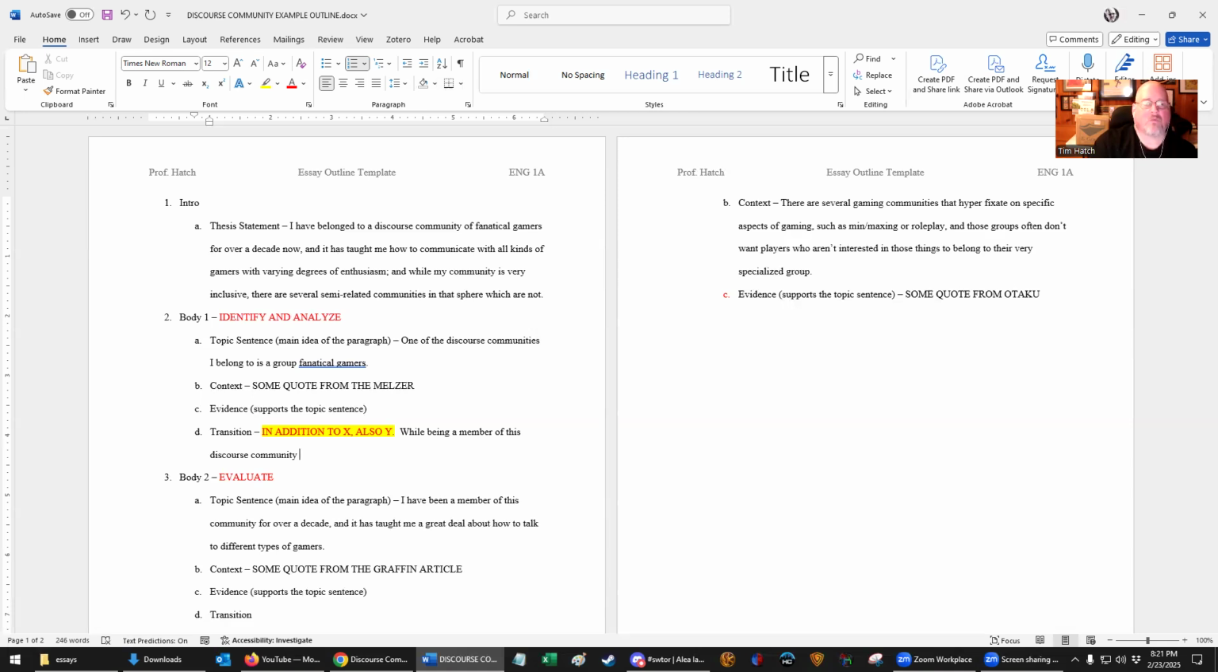If you keep starting paragraphs like "one of the things," then that gets tiresome. Which is why it's a better idea to say one of the things, another thing, and finally yet another thing that blah blah blah. It's good to avoid that repetition, but if we're talking about discourse communities, then you're going to want to repeat that phrase. Well, being a member of this discourse community has